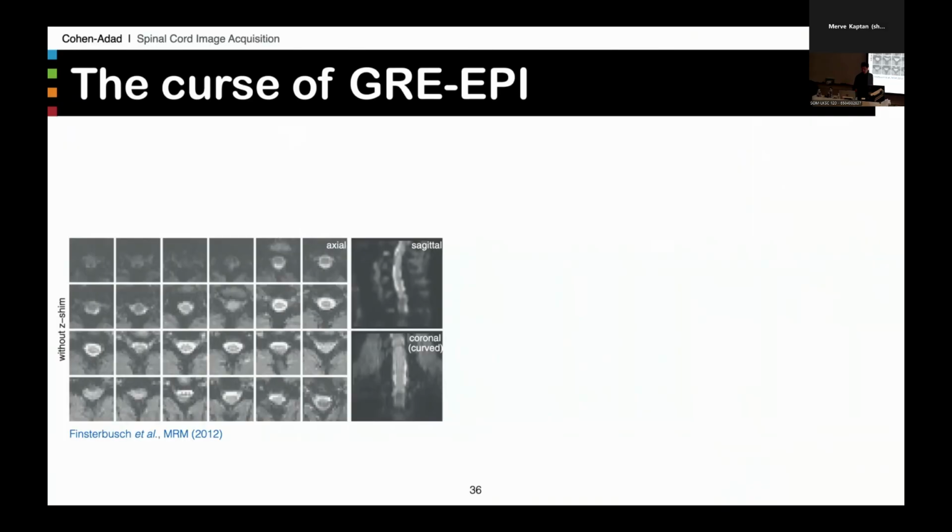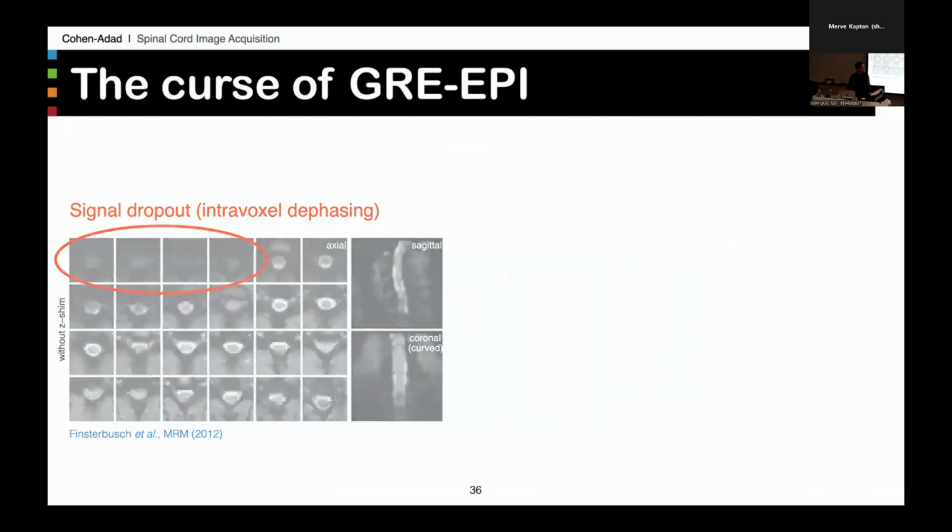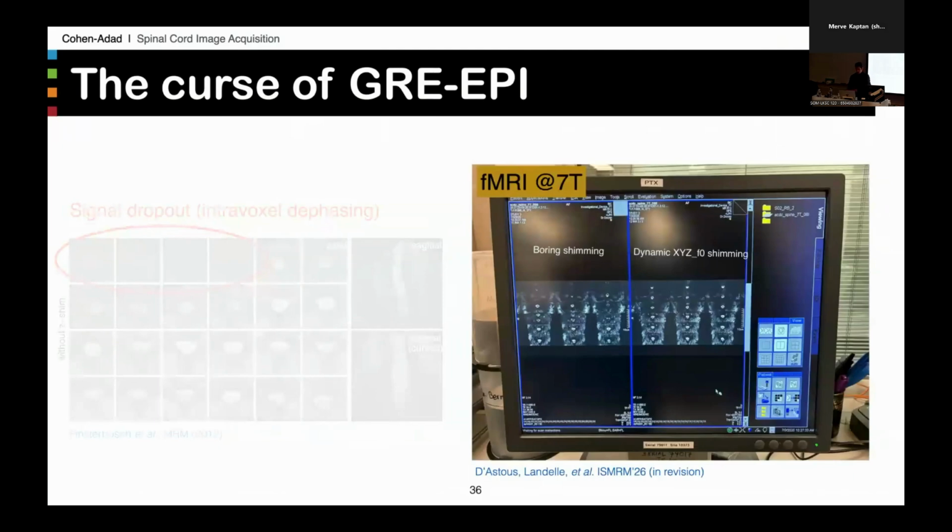And really the key aspect is to shim individual slices. And there are technologies now that are available across different scanners, different vendors. Alexandre is going to talk about it, and I just want to show a sneak peek of an experiment that